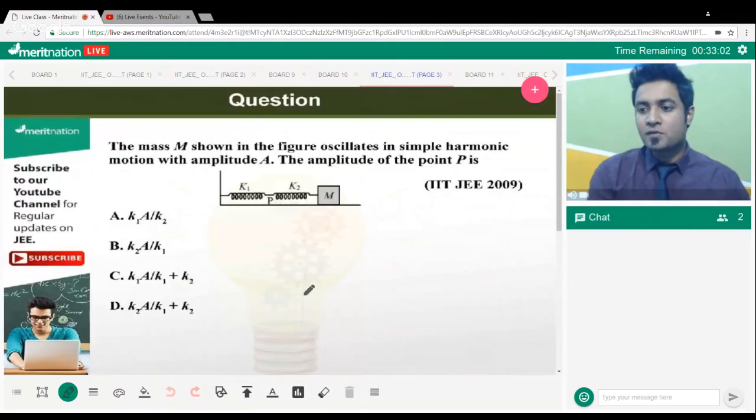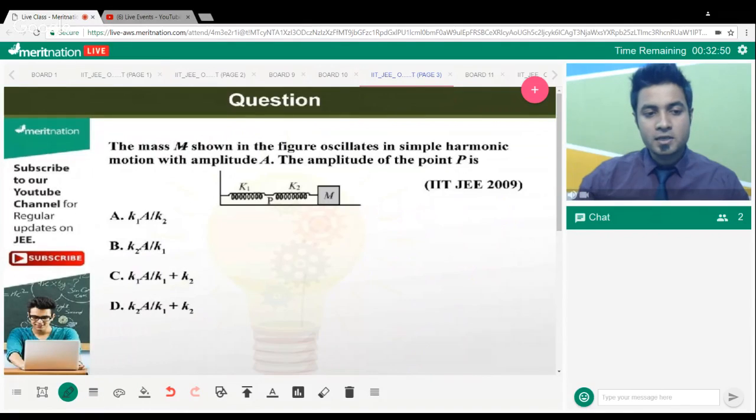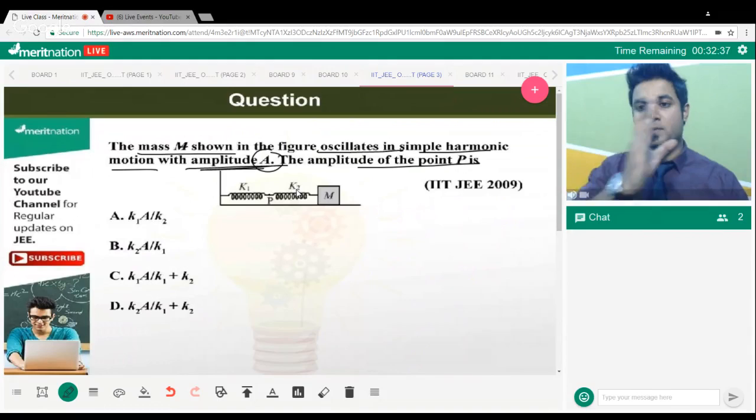So guys, we do have another question here. Here we do have a mass, and it is attached by two springs that are connected in series. What we have to calculate: there is a mass shown in the figure oscillating in simple harmonic motion, and its amplitude is given as A. We need to calculate, once it is oscillating, what would be the amplitude of this point P,